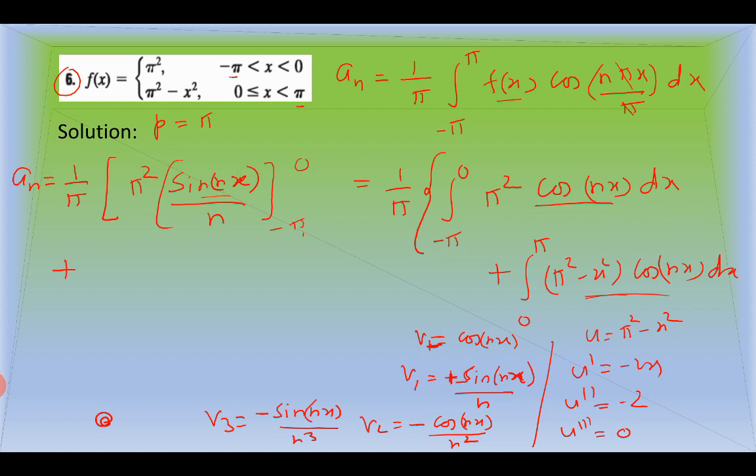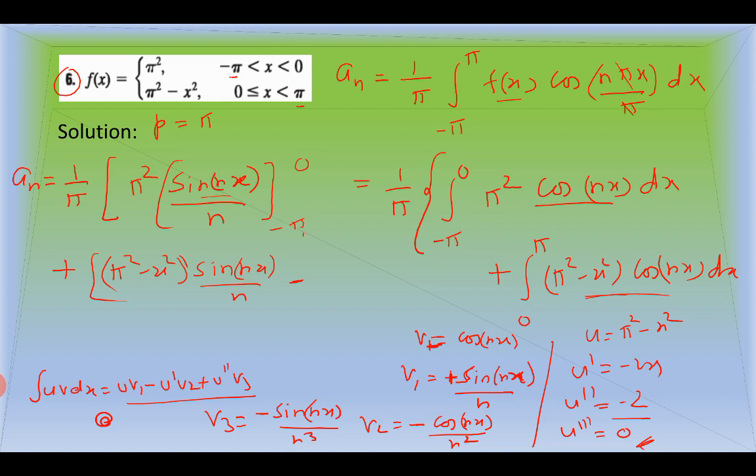Plus the second integration now using uv formula. The formula is integral uv dx, which is u v1 minus u prime v2 plus u double prime v3. We have only u double prime, u triple prime is 0, only 3 terms. First term u v1, u is pi square minus x square, v1 is sin nx over n, minus u prime is minus 2x, and